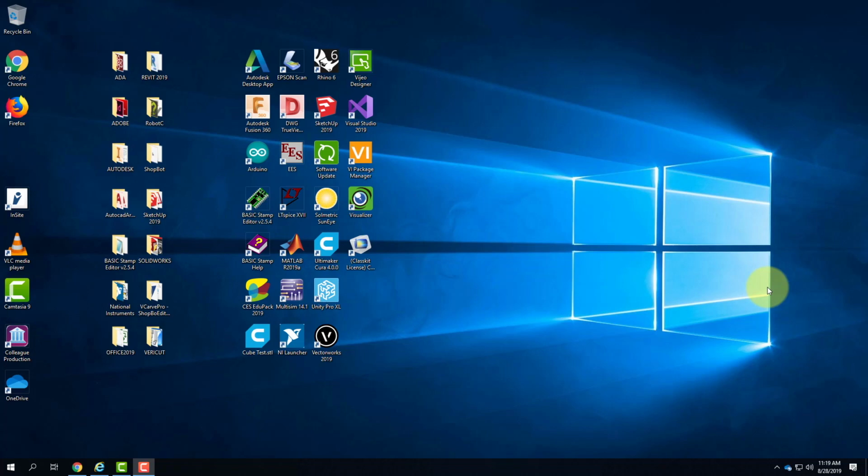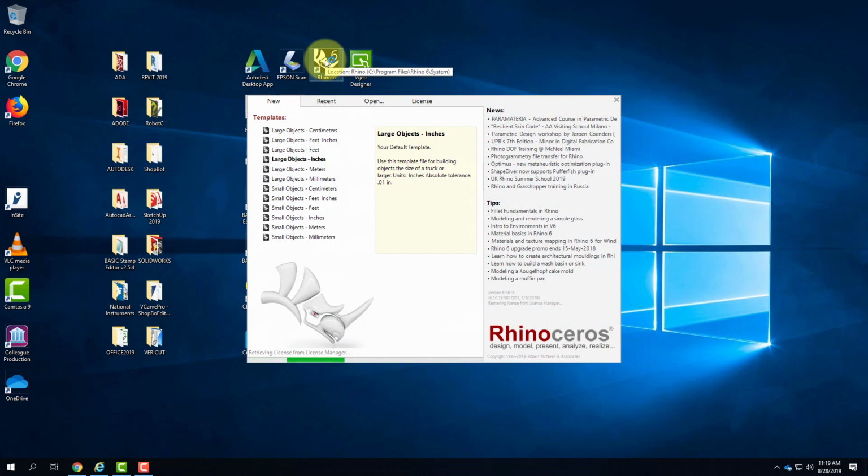So we're going to start today with Rhino again. I'm going to go ahead and double click to open Rhino. This is not a template file like last class. We had a template file. This is just a brand new file. So when I double click and open Rhino for the first time, I'm going to get this splash screen as it comes up. And once that comes up, I'm going to choose the large object inches